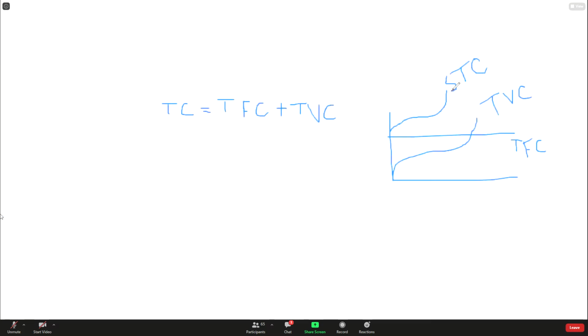So in the discussion of cost and production, you have to know what is short run, SR. Okay, SR is not sales representative. SR means short run. So we need to know short run versus long run, because this cost concept I am going to tell sometimes in short run, sometimes in long run. But what is the basic difference? It should be clear. So this is short run, this is long run. Look at this function.